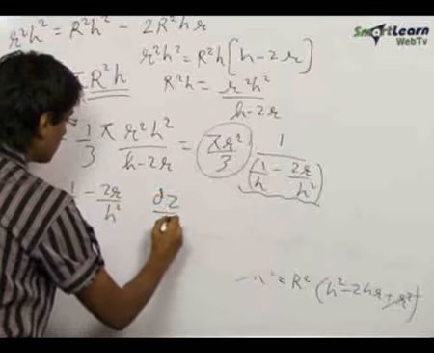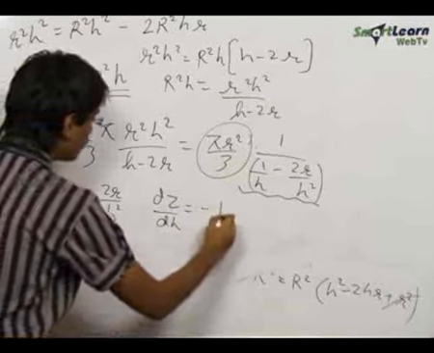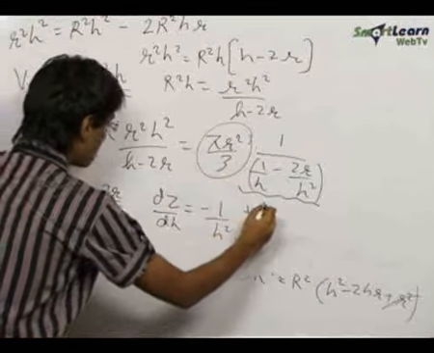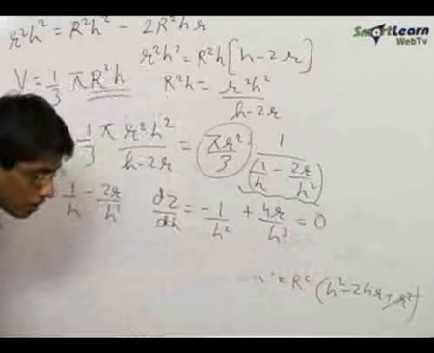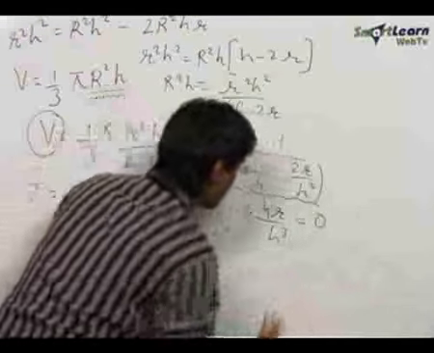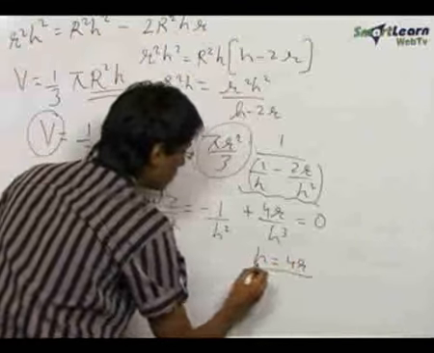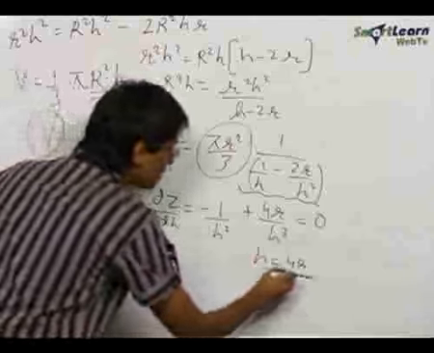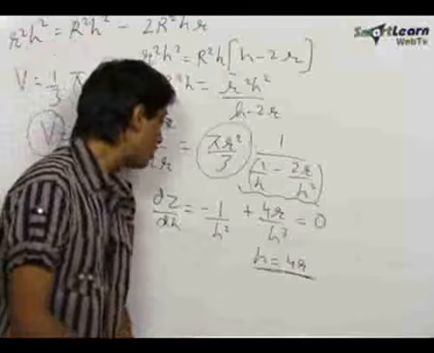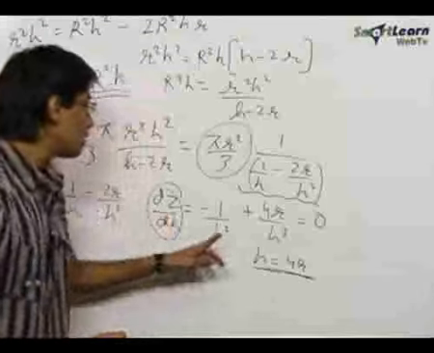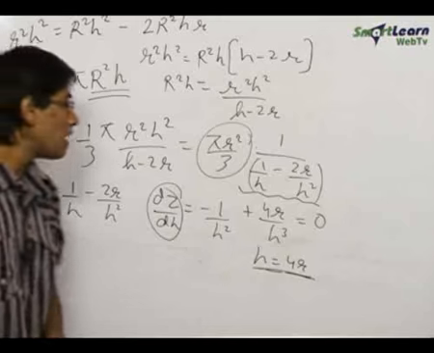dz by dh, which is the differential of z with respect to h, is equal to minus 1 upon h square plus 4r upon h cube is equal to 0 for maxima. This gives us h to be equal to 4r. We can prove that this height which we have obtained to be equal to 4r is causing this function to be maximized by